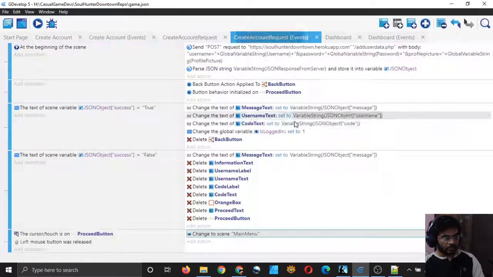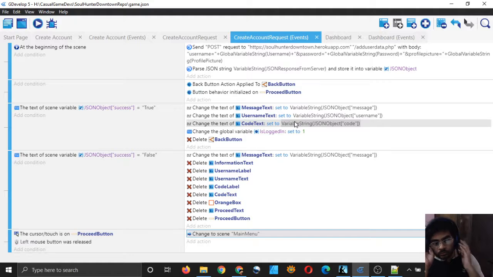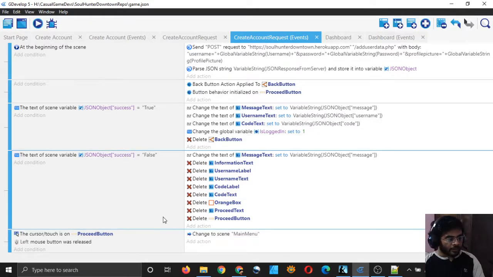So the button is working, but we are not able to go to the dashboard scene from anywhere actually, like by clicking any button really. But why is that the case? So here logged in is being changed to 1, which is okay, which is good, and we want that to happen.